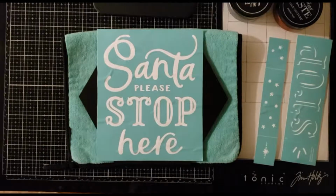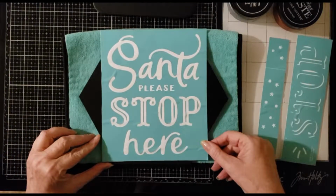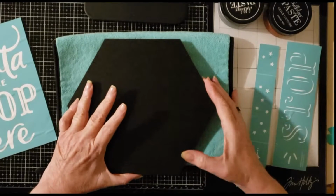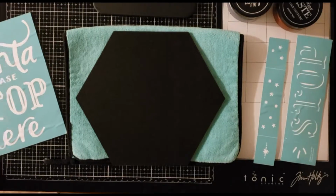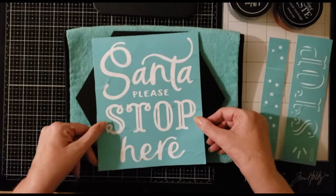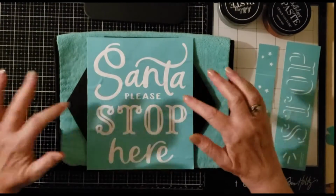Thanks for joining me. Today's project is going to be using the Santa Please Stop Here transfer on our 10-inch hexagon chalkboard. These boards are on sale through November 24th at 20% off. I think this fits kind of nicely on here, and while it's not an octagon, it still gives the impression of a stop sign, and that's why I'm going to use this transfer